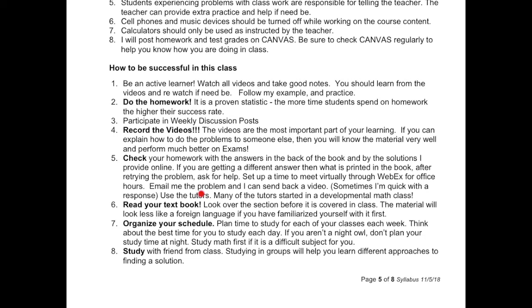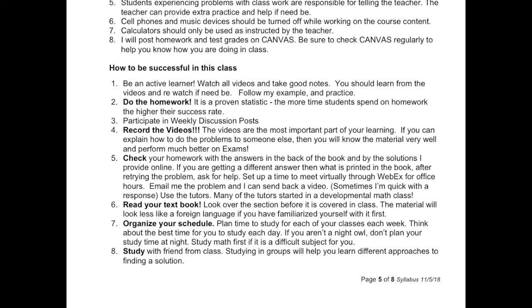And you can also use the tutors, all right? In the second module down, you'll see a link for free CMC tutoring, and you can go in at your leisure. They should have help rooms at each respective campus and have someone available to help you. Feel free to read your textbook if you want, but the other thing is that you want to